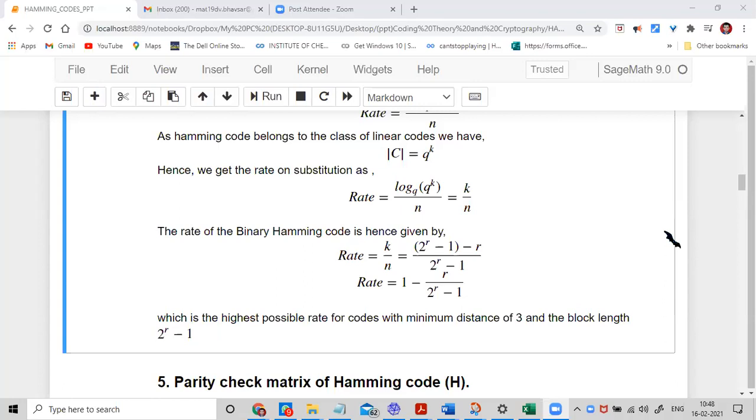Is it 1 by n? Yes, okay, the minimum is 1 by n. Is 0 possible? If I take the code with only the 0 codeword, we have a 0 subspace. So what is k actually? k is the dimension of the code, right? What is meant by dimension? It is a subspace. If k is 0, then the code is just 0. So that is possible.